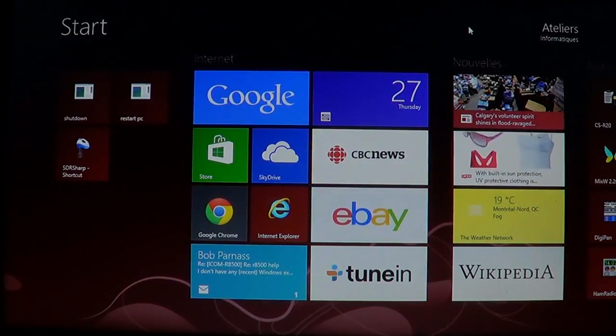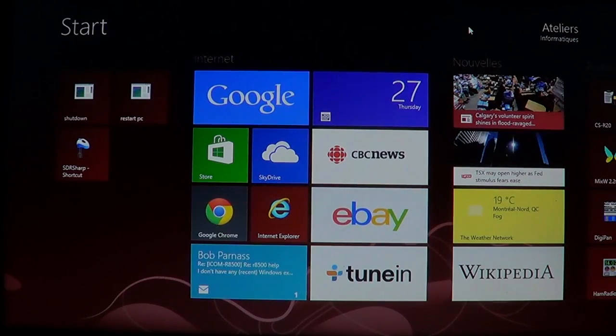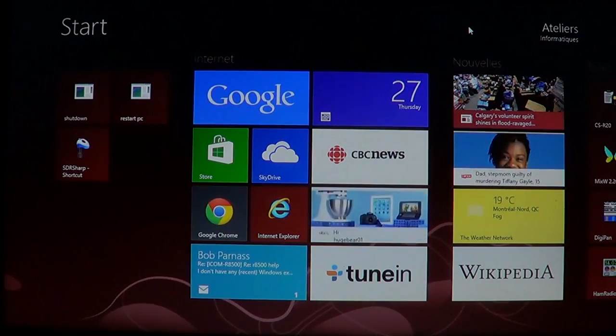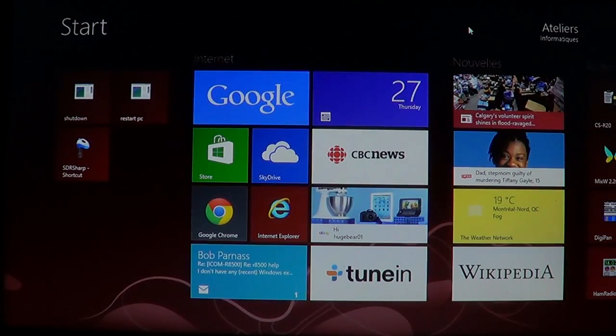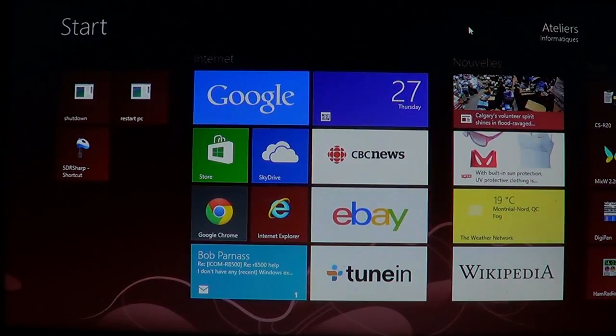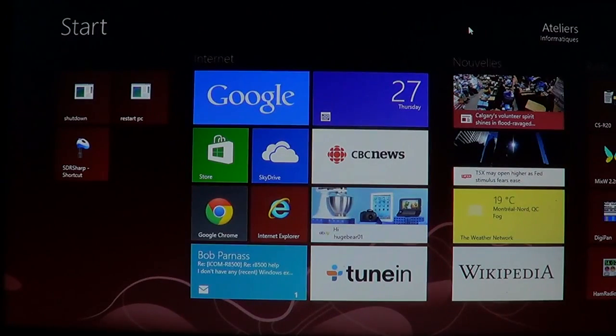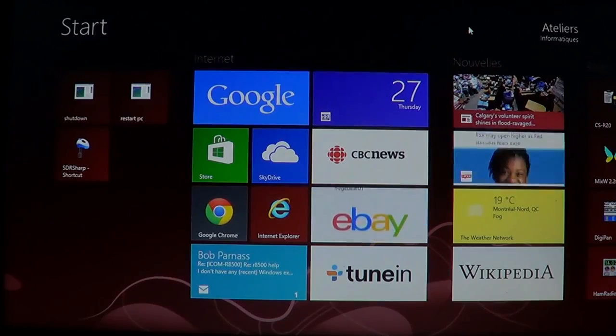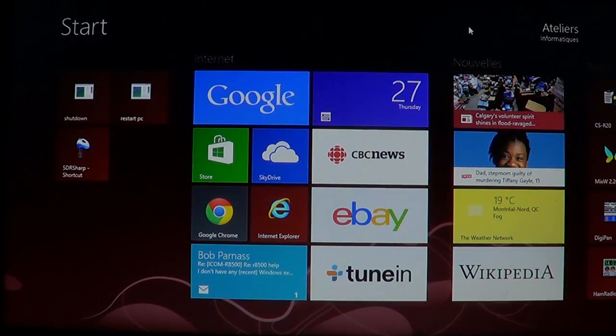One of the first things that people actually have problems using in Windows 8 is the gestures and how to get the different information on the Windows 8 screen. So this video is mostly for touchscreen computers. If you have a touchscreen laptop or a tablet or an Ultrabook, the first thing you need to know is that